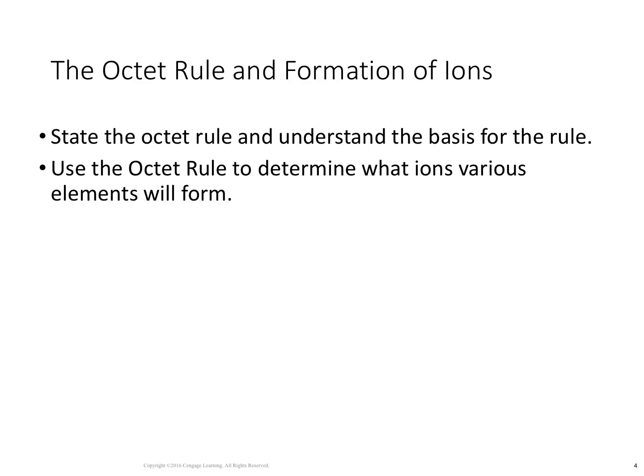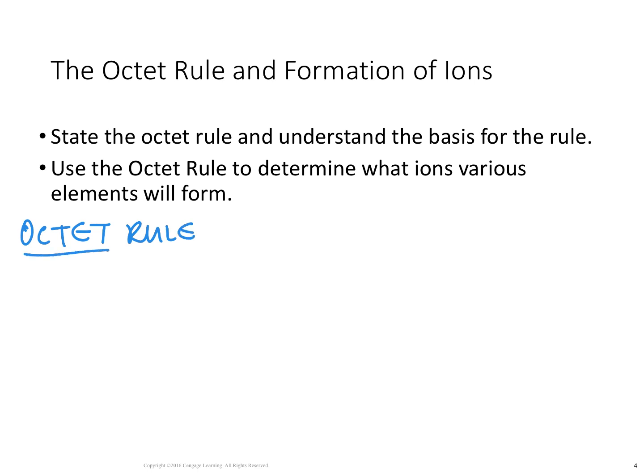In this video, we're going to talk about the octet rule and how we can use it along with valence electrons from the previous video to determine what types of ions will be formed. So first is simply stating the octet rule and understanding the basis for the rule, and then using it to, again, figure out what ions are going to form. So our octet rule,